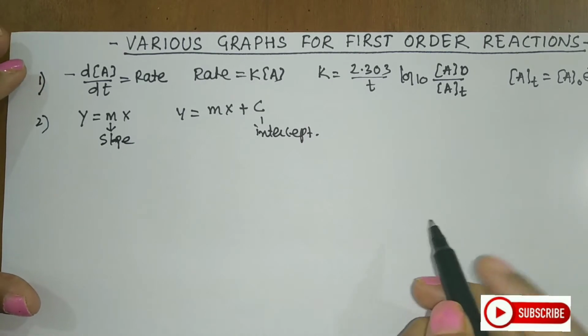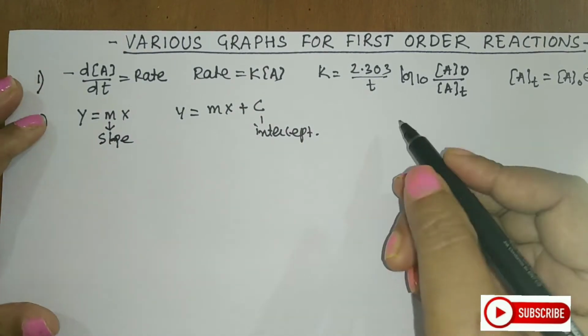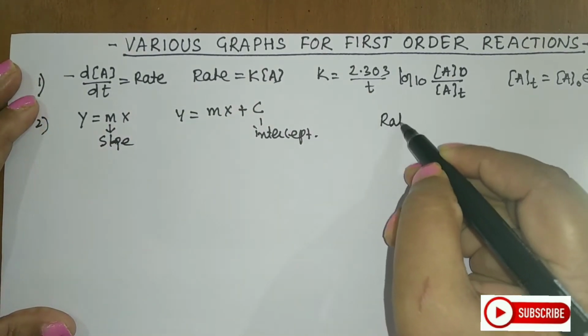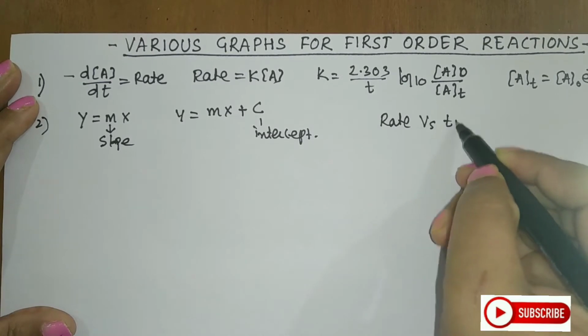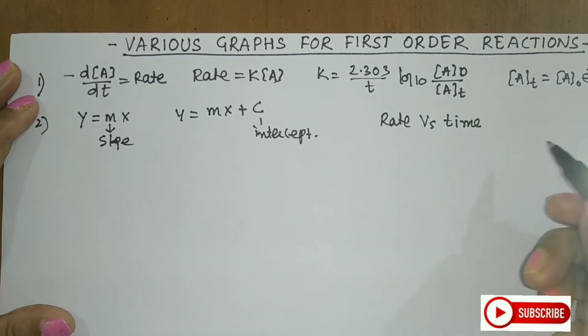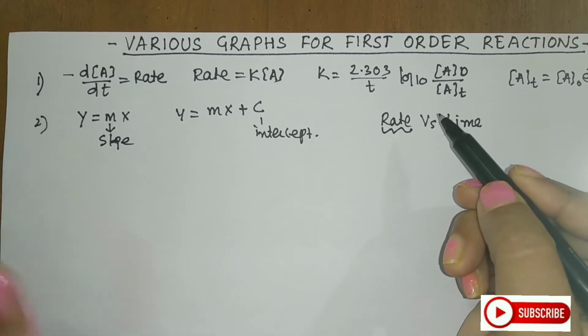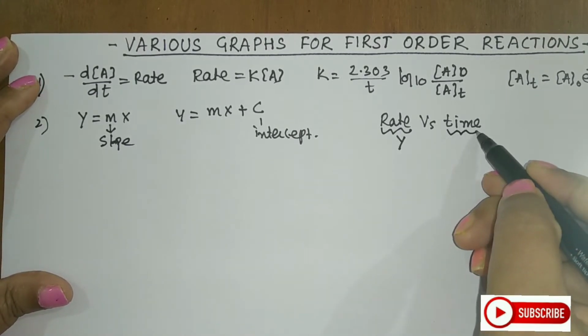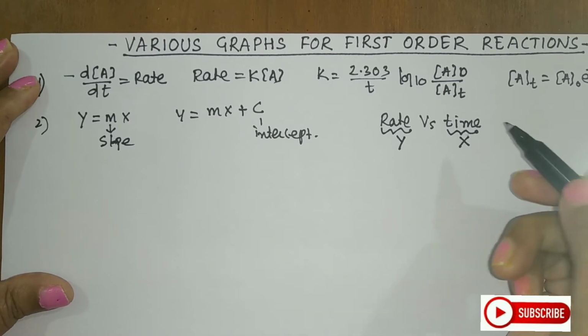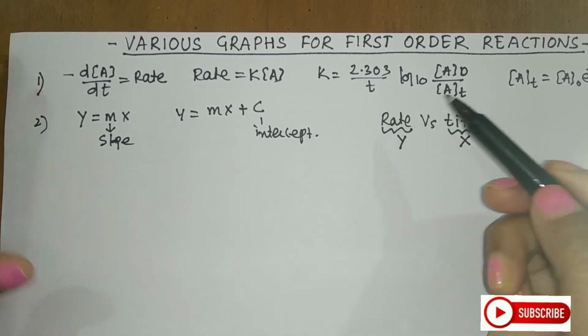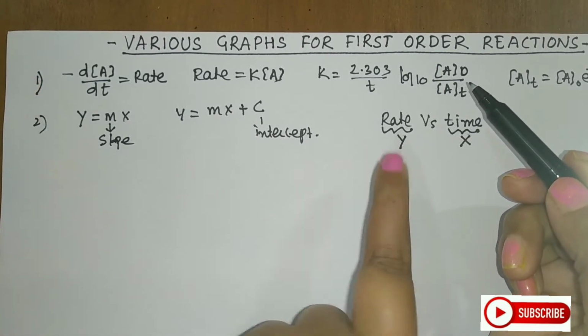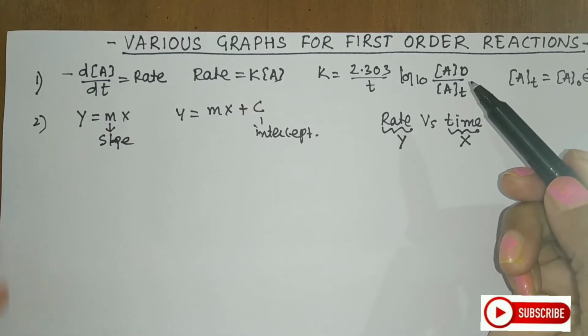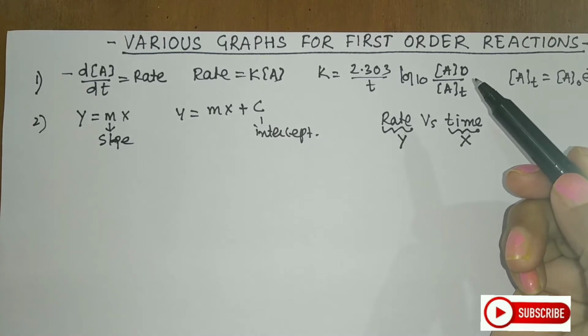Second very important thing is, if the graph, say for example, is given as rate versus time, then students, you have to take care that this rate, what is written first, must be your y-axis, while the other, which is written later, is your x-axis. So what is given first, you should try to bring that to the left hand side of the equation and then keep rearranging the equation. Now how to use all those concepts? So let us see the graphs one by one.